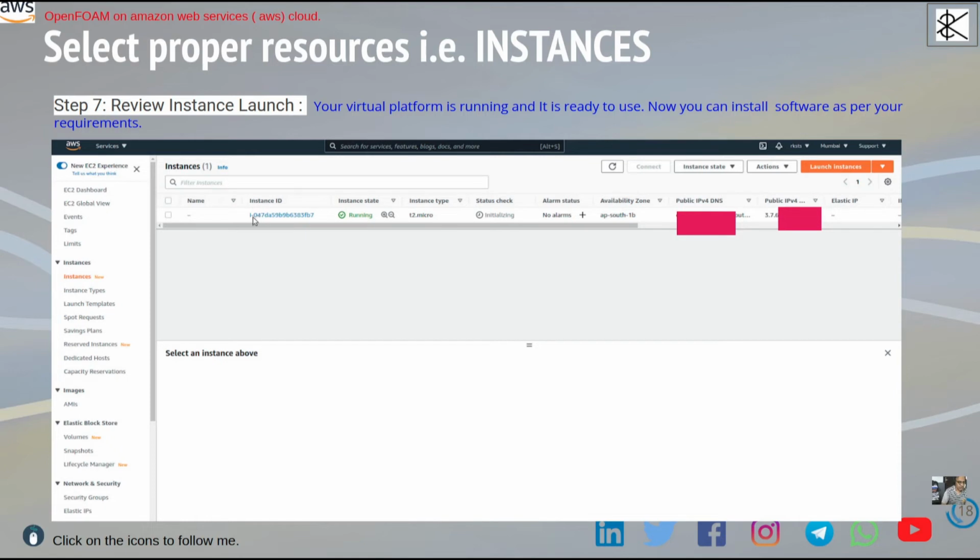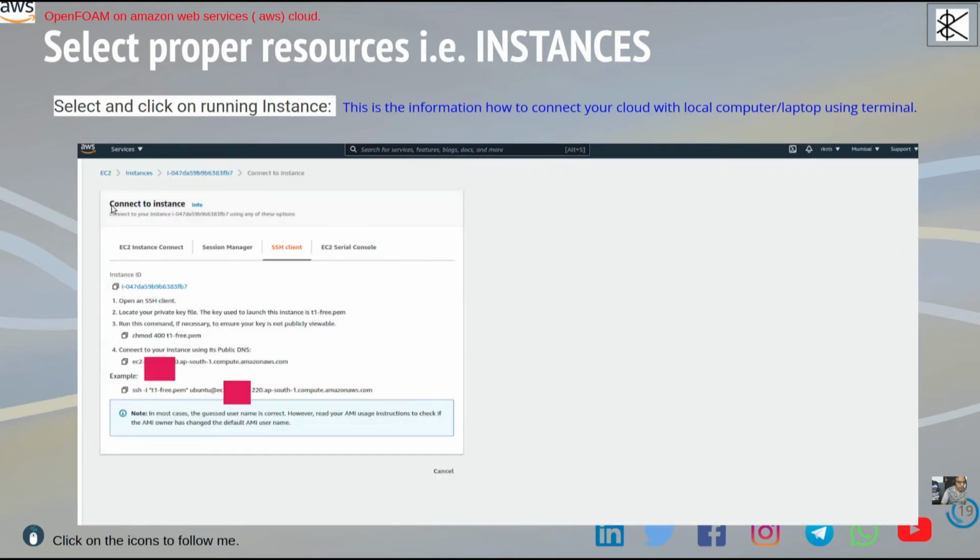Suppose you just log in and click on services, EC2, then you will see this window. After that, you can see this one instance. Click on it, or you can right click with your mouse. Then you can see that kind of window. Most importantly, it depends on how you are going to connect.